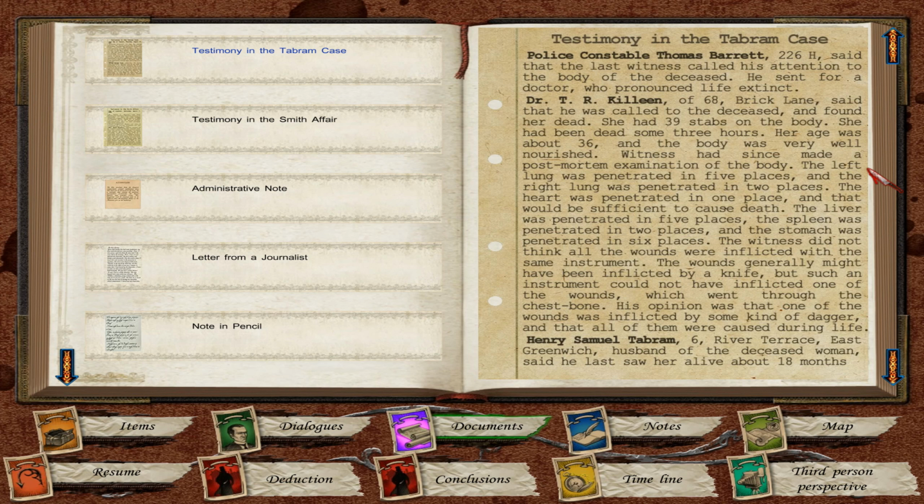The liver was penetrated in 5 places, the spleen in 2 places, and the stomach in 6 places. The witness did not think all the wounds were inflicted with the same instrument. The wounds generally might have been inflicted by a knife, but such an instrument would not have inflicted one of the wounds, which went through the chest bone. His opinion was that one of the wounds was inflicted by some kind of dagger,